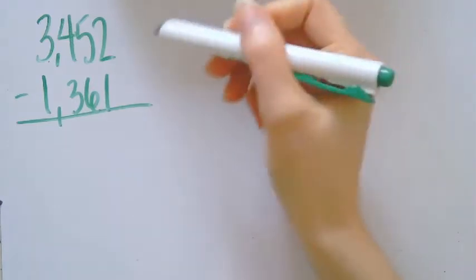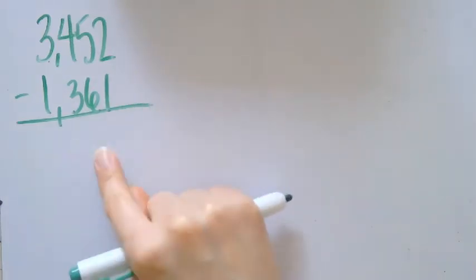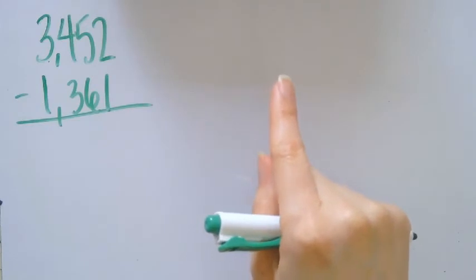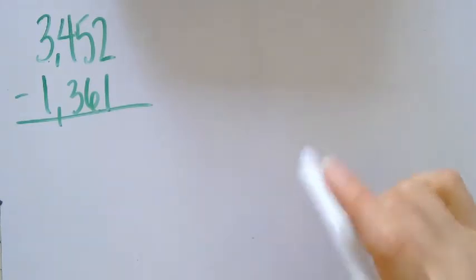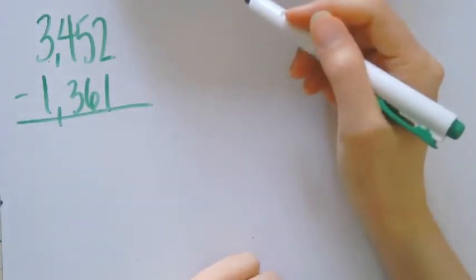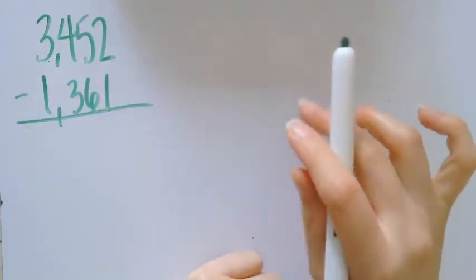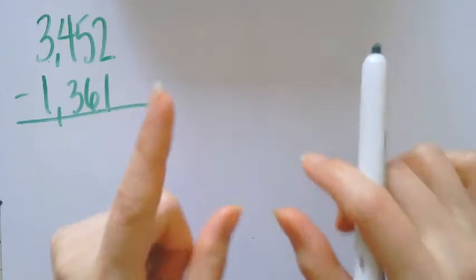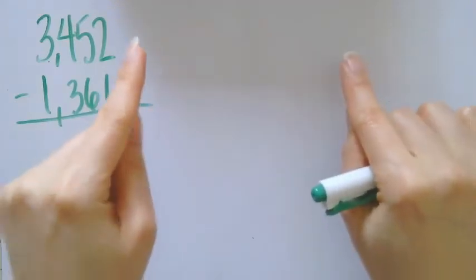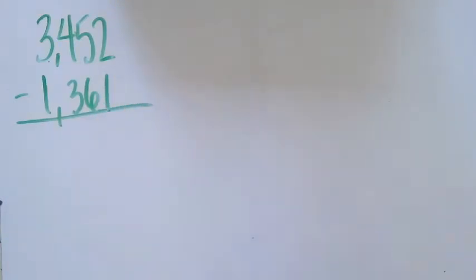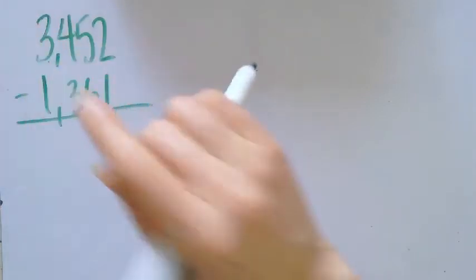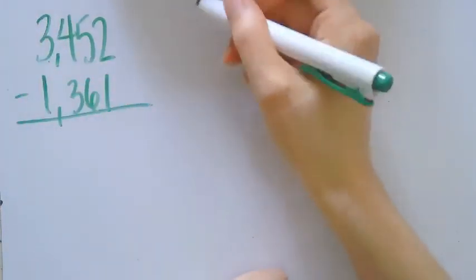All right, so we're going to set up to do both standard algorithm and expanded notation like we did yesterday. So looking at our top number, 3,452, if you can say that number, you can write it in expanded form and you can write it in word form. So 3 is in that thousands place. 3 represents